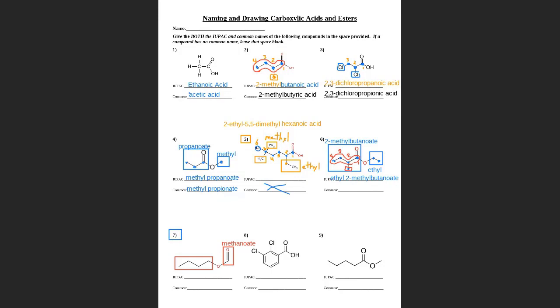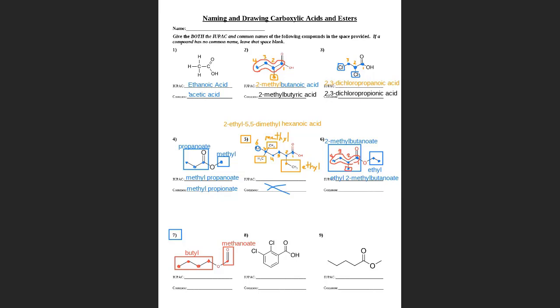Now, in that case, that means the other side is going to have to get named as a substituent. Well, a 4-carbon group named as a substituent, what would you call that? I just put butyl. Mm-hmm. So this is butyl, a 4-carbon group. And like I said, sometimes it helps if you mark the presence of the carbons with little dots or whatever. For me, that helps keep track of how many you have. But yeah, so it's butyl. And then you have the methanoate. So the IUPAC name for this is actually very simple. It's just going to be butyl